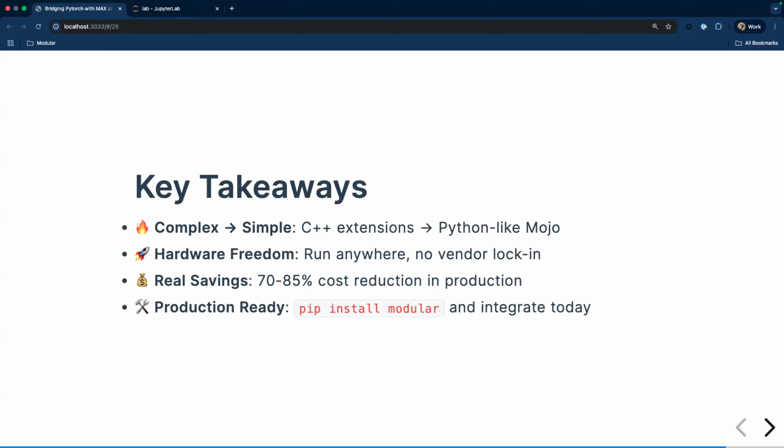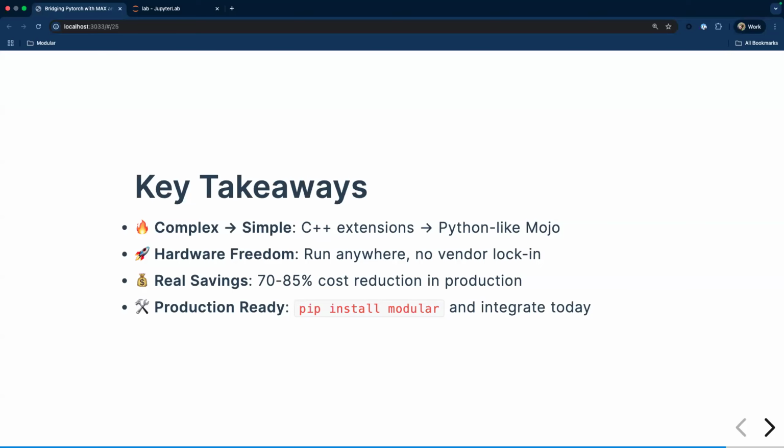That means from compiler to programming language to inference engine for now, but later we have more plans for an inference server and whatnot. And if you care about future proofing and no vendor lock-in, you will get the benefit of all these things using Max and Mojo, as well as cost reduction,